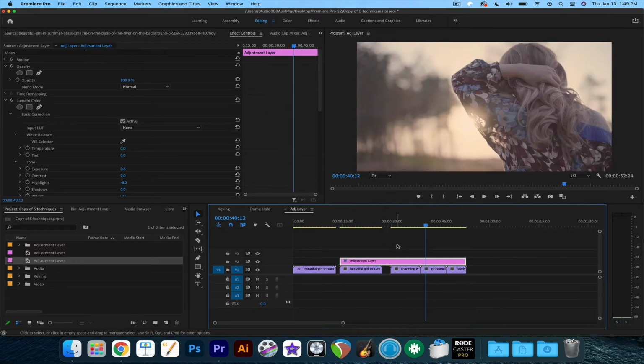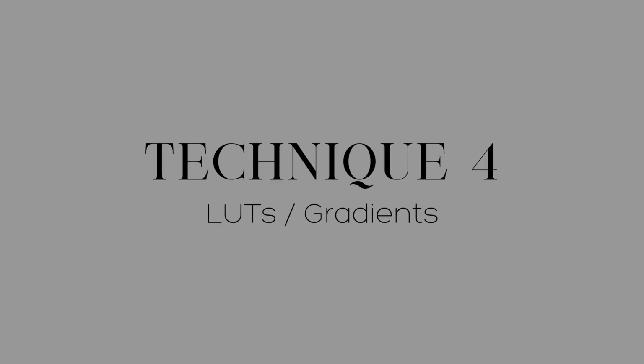So that is what adjustment layers allow you to do. You can add effects, you can add all sorts of things. And this will bring me over to the next technique I wanted to talk about, which is using LUTs or